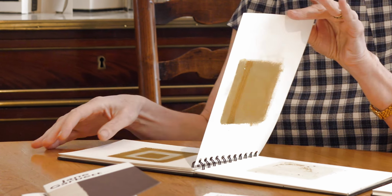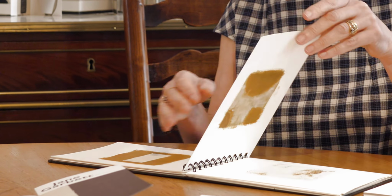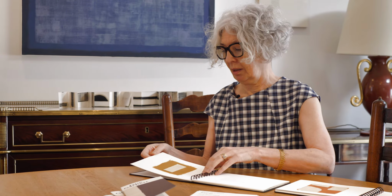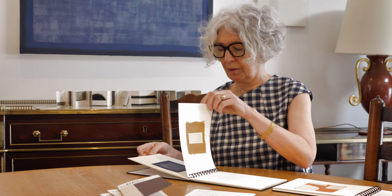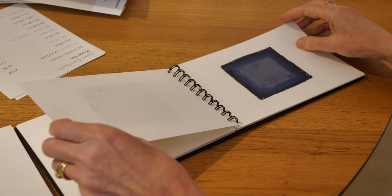It's very interesting. So I'm here with my sketchbooks and I'm just flicking through, and this is where I put my ideas quite quickly as I go through my day, sometimes with leftover paint, sometimes actually working out the colours that I want to use. So you can see here some that I've done. These are all in the sort of yellow ochre palette. Here you can see some of the ideas that I had for the blue painting behind me,